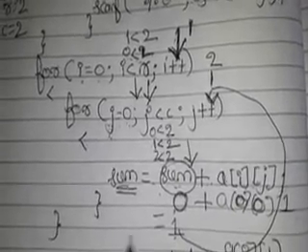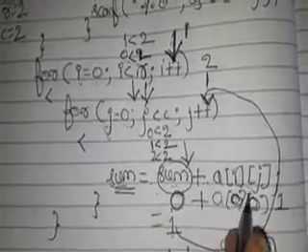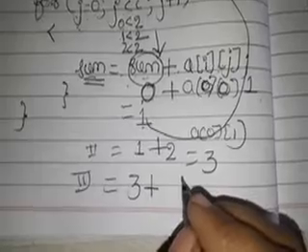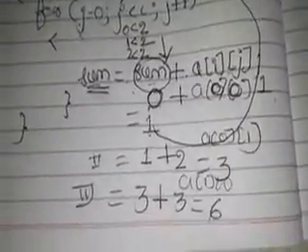Okay, so sum is equal to sum plus a of ij. That is the next, third iteration. What was the previous sum? This is 3. A of ij: what is the present value of i? It is 1. What is the present value of j? That is 0. Okay, that is nothing but a of 1 0. What is stored in a of 1 0? That is 3. 3 plus 3 is equal to 6.